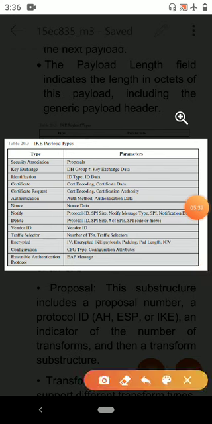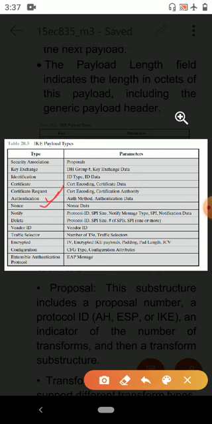Next one is certificate request. This payload requests the certificate of the other communicating entity. Next one is authentication. The authentication payload contains data used for message authentication purposes. Next one is the nonce.